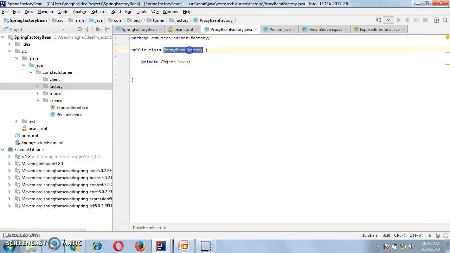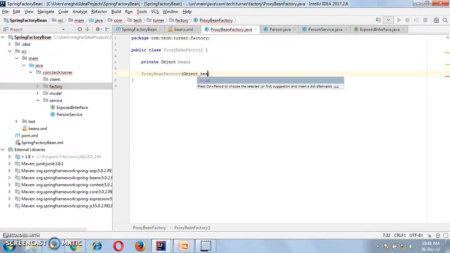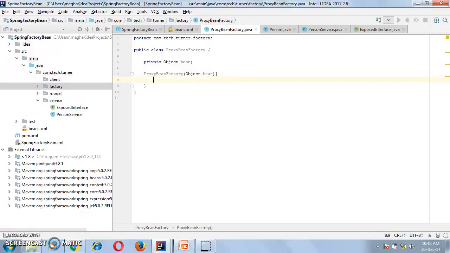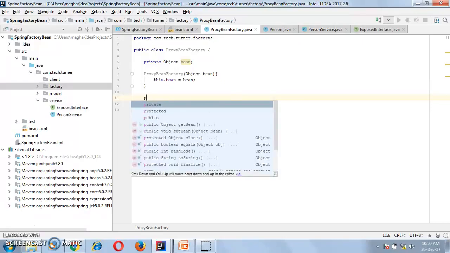Create a constructor that will initialize this bean object. Let's create the method that will be the factory method used to create the instance of the interface.